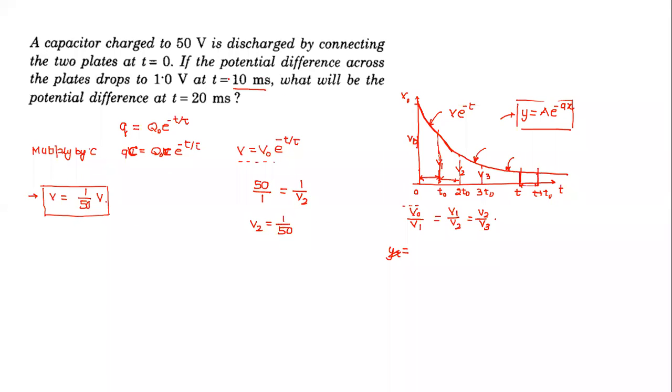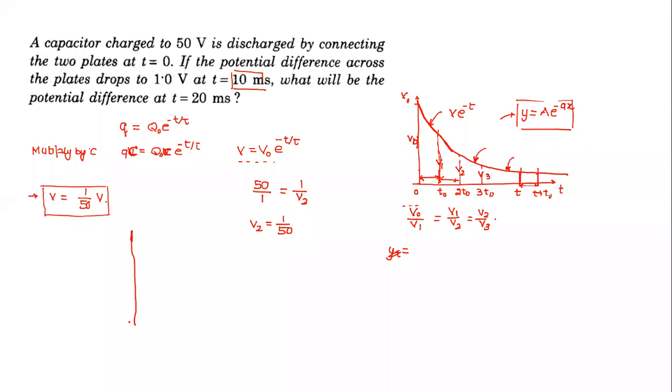So such a question, whenever you come across some question, what I notice here, first time interval is 10 millisecond and second time interval. So this question is something like this. This question also, is this curve similar to this one? So let me look at what this curve is.